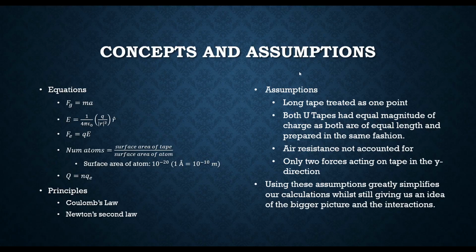With these concepts and assumptions, so the concepts, aka the equations, we have gravity, electric field, force electric field, the number of atoms, which is just this fraction right here. To get the surface area of the atom, you use that the length of one atom is an angstrom, which is 10 to the negative 10, square that, 10 to the negative 20. Total charge equation, and for the principles, we have Coulomb's law and Newton's second law,